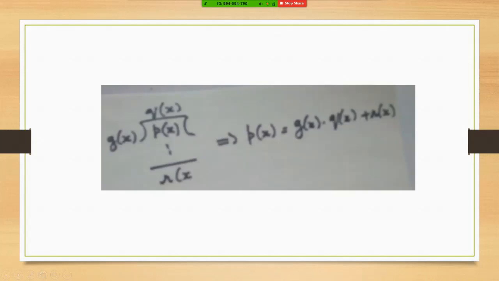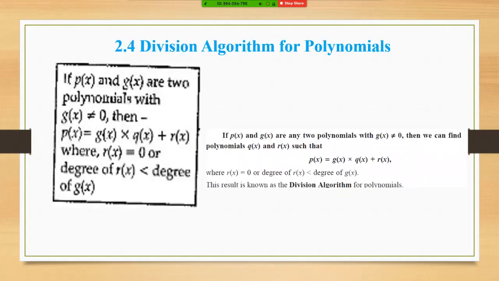Right? So with polynomials it is the same thing, but the result is known as the division algorithm for polynomials. So put today's date, write 2.4 in your notebooks, write down division algorithm for polynomials, please. This should be very bold right in front of your eyes because we'll be using it continuously.